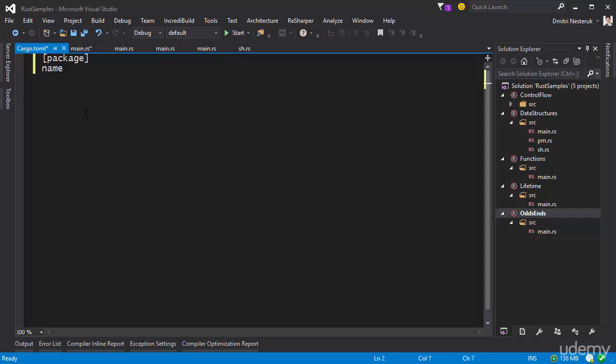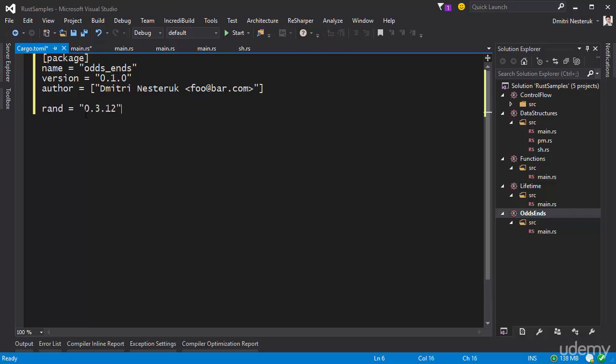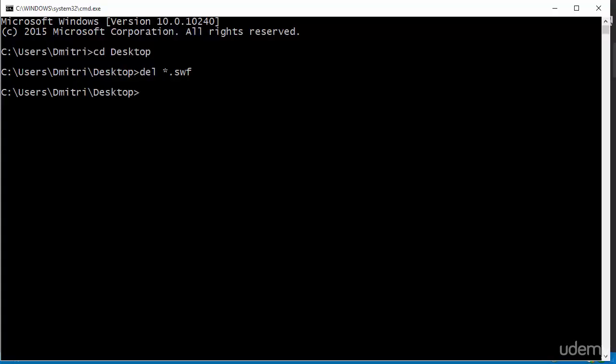We had a package declaration where we had the name, and you also need the version. That was, well, we can do anything, 0.1. And the author, which I don't remember if it's in square brackets or not, but I think it is. I'll just put foo@bar.com so I don't have to censor my address. Now, when we want to consume that random package, this is the line that we need to add, and it has to go under a dependencies section, like so. So now we have our cargo.toml, and we can actually open the command line,